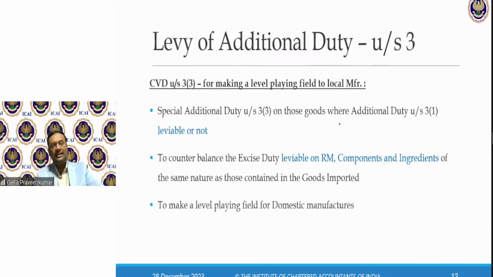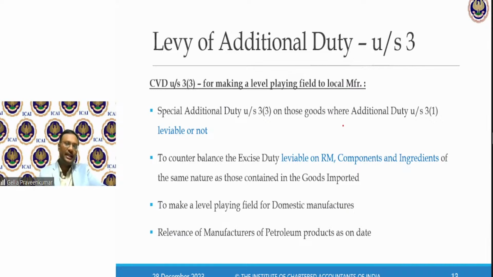Now, this has a sunset clause. All these provisions were prevalent till 30th June 2017. What I explained earlier was in relation to the continuing aftermath of central excise and state excise. Prior to GST, there is a reference called Special Additional Duty. We call this SAD. Section 3, subsection 3, we refer to this countervailing duty as Special Additional Duty. This Special Additional Duty, like additional duty, is special in nature. In addition to the basic customs duty, there is specially an additional duty. That's why I call it Special Additional Duty.